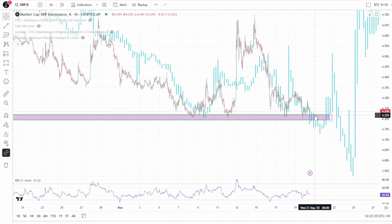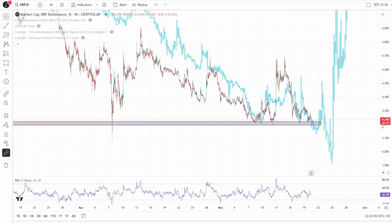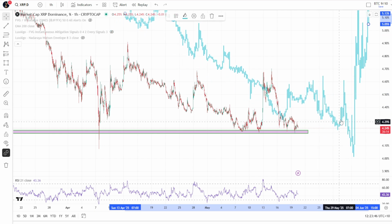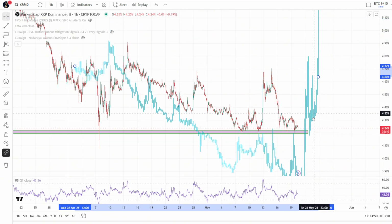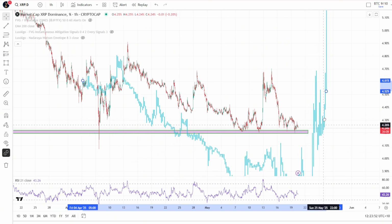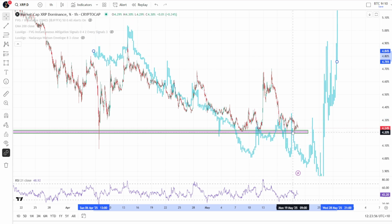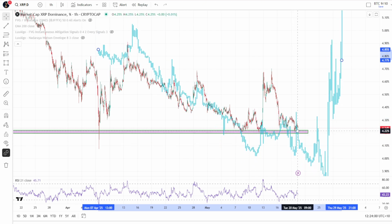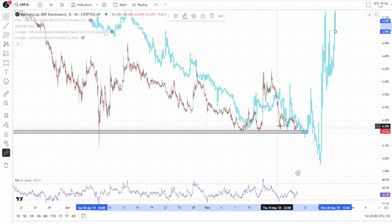And now it's teetered around down here all of May, seeing some pops. And now we're back down at this level. However, the only thing that doesn't have me fully convinced yet is this fractal here from XRP back in November last year, before it went for its massive run, and we've seen the dominance spike to the upside heavily. We did see similar price action play out with the dominance here for XRP. Although things have been playing out differently from this point on, we're still at interesting levels here where it's likely